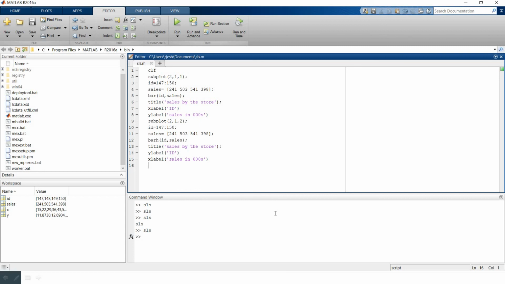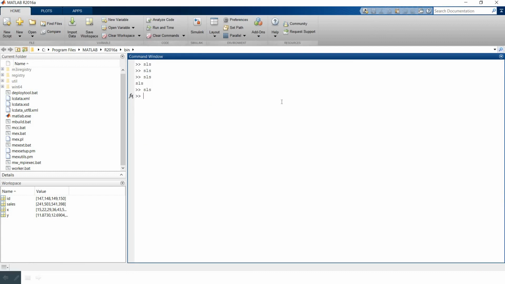Now we have seen how various graphs are available, how we can get them. Now if you want to do further formatting of these things, let's take a simple graph. A simple line graph we'll take and then do the formatting. So let us close the script. CLC, CLF. Let us clear the figure.